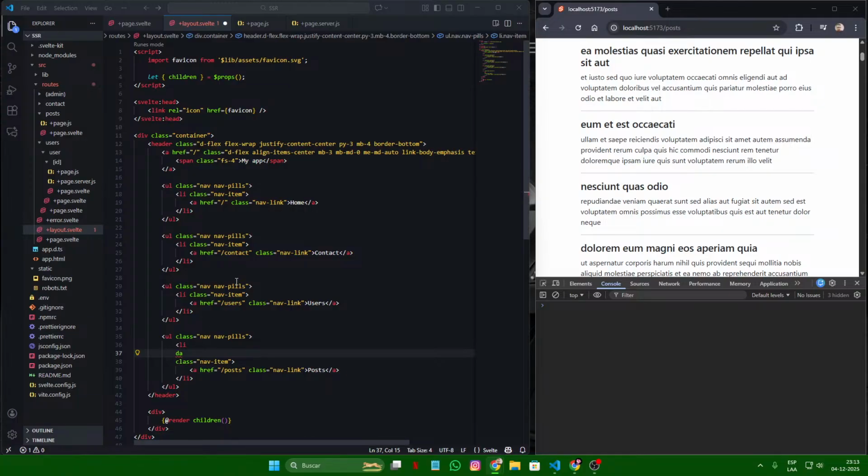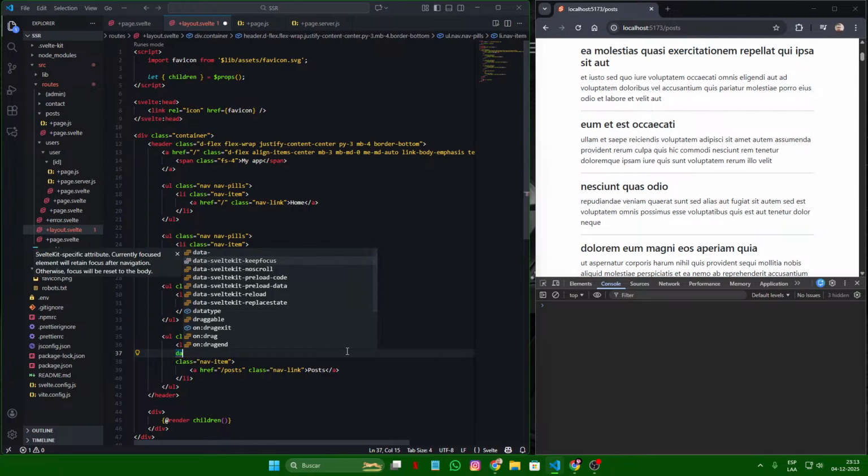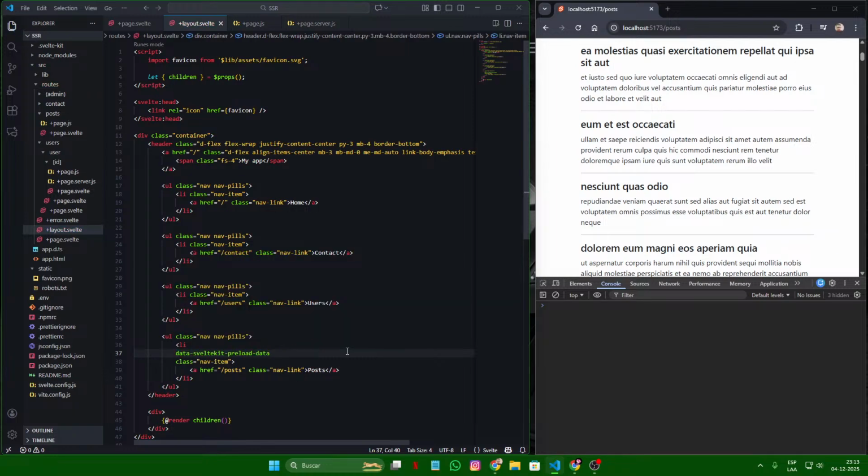Now in this case, I'm going to go to data. Since we are fetching some information, when we hover over the link, it will preload the data. And this makes, of course, the application a bit faster. So I'm going to save it. And now I'm going to go to the home, reload. And if I go to posts,